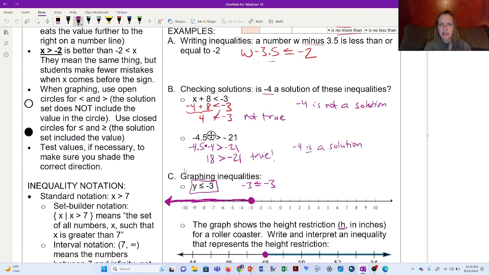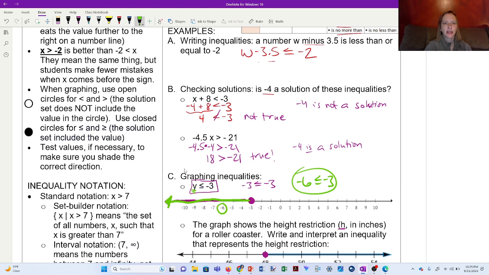A couple of ways to test that. One way is to just choose a number on the number line, like -6. Plug it into the inequality, like this, and see if it's true. If it's true, like -6 is less than or equal to -3, then you're sure that your arrow should be highlighted in this direction. The other thing you can do, as long as you always write the variable on the left side of the inequality,